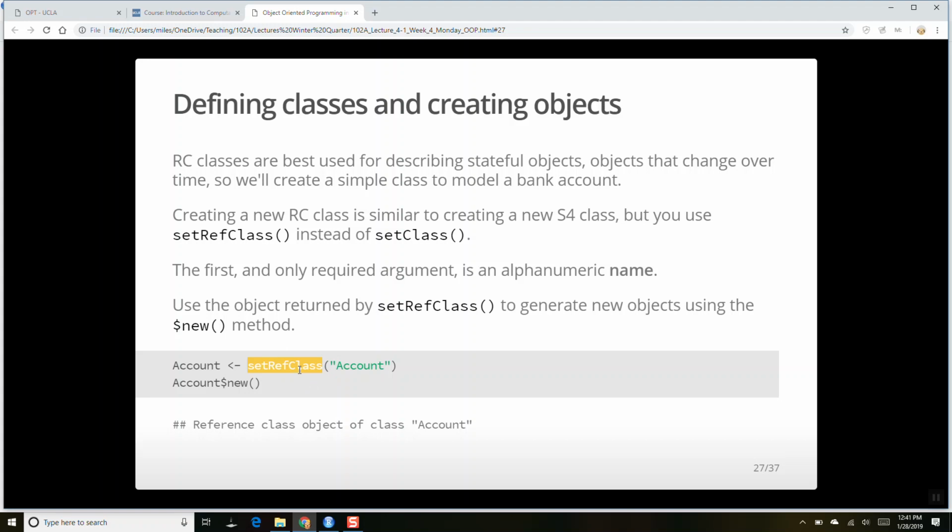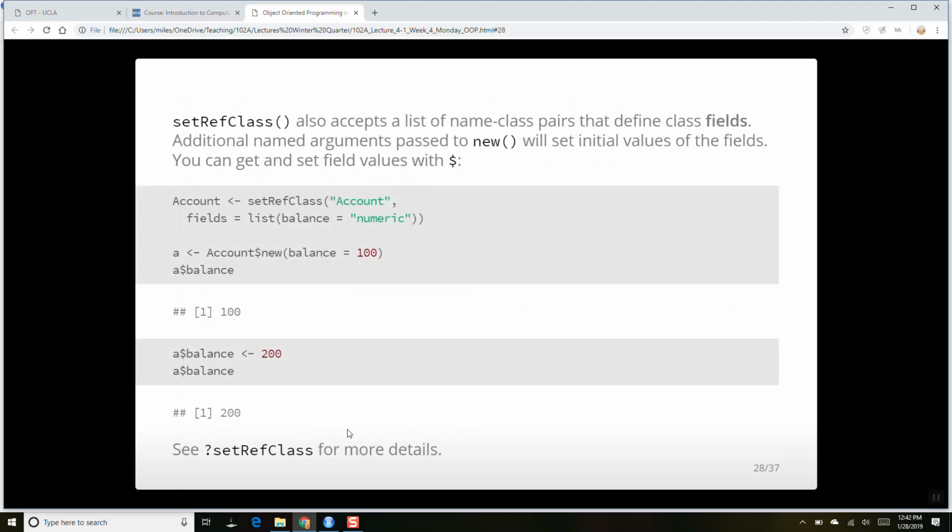So all reference class objects will have certain methods, like new, that allow you to create new things of this class, right? So here we create a reference class of class account. And I'm going to say account$new, and this is going to return a new reference class object of class account. All right, so this is how we will define what an account is, right?